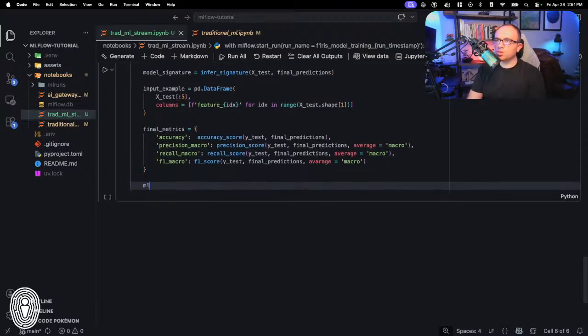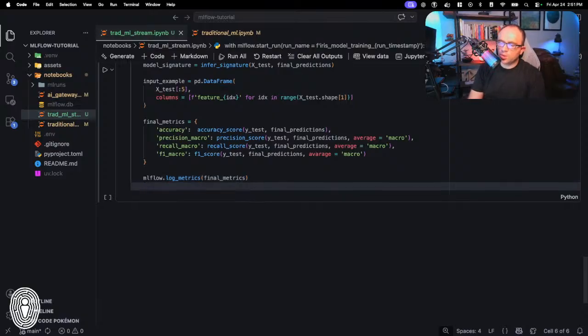That would be as simple as doing MLflow.log_metrics, pass in the final metrics. So manual logging is not too bad, and that's why I say, if your ML framework is not supported by MLflow and therefore not supported by auto logging, it is not a deal breaker, because doing the manual logging is not really that bad. I will say I still kind of prefer the auto logging though.